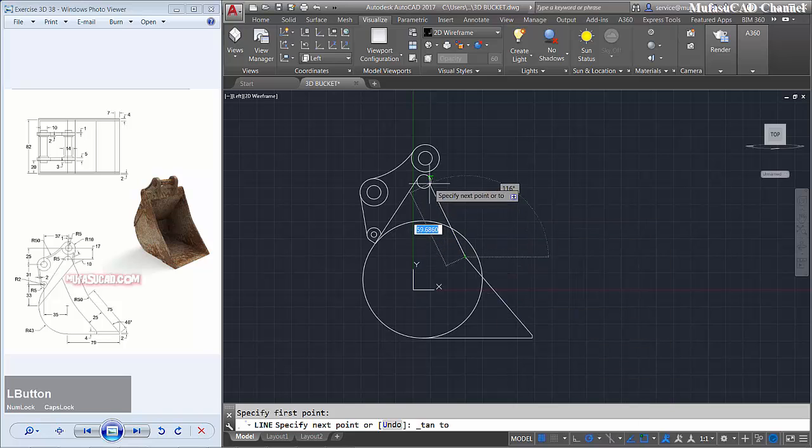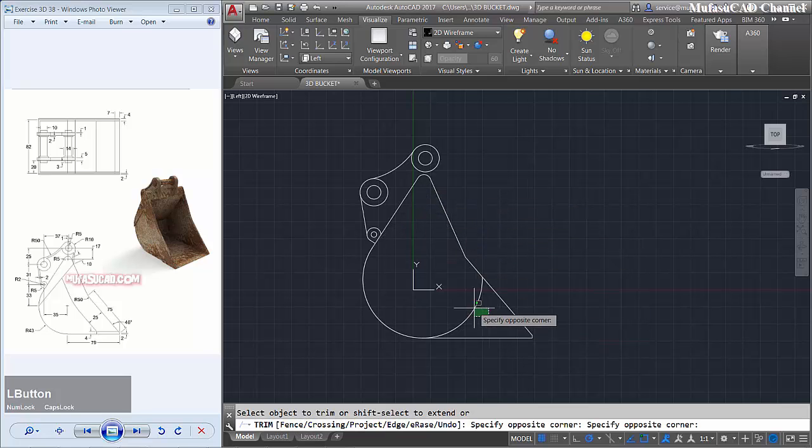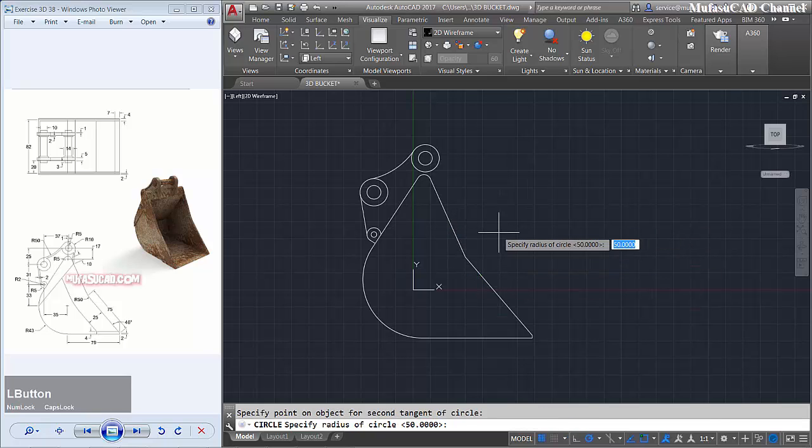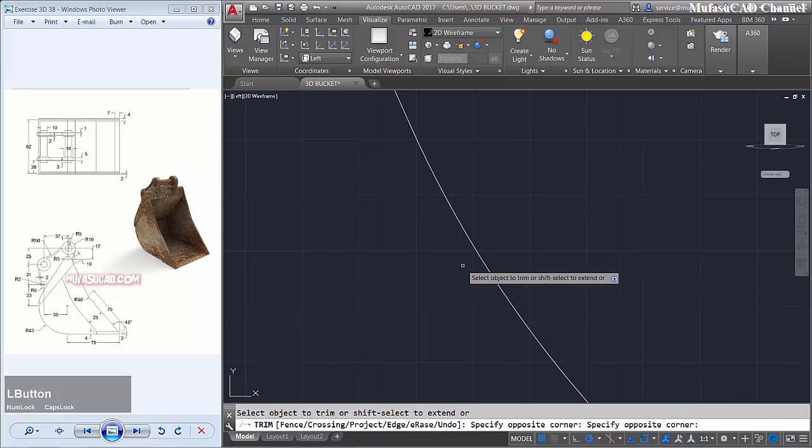You can click at this point. Now I will trim this circle object and this object. We create a circle with tangent again, start from this point to this point with a radius 50 and use the trim command to cut the circle object and this object.